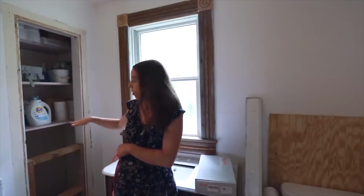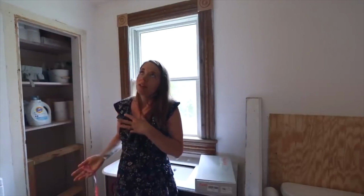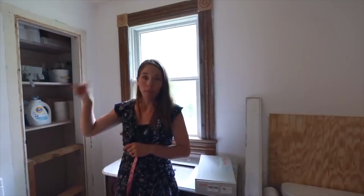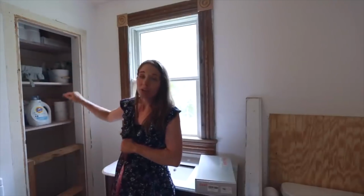Now we do have to sacrifice the bottom half of the closet, but it's in exchange for a bathtub down here, which is another thing. We are moving the whole house around. Luke and I are going to be having our bedroom in the living room. The living room is going to the dining room. That way we can acquire another kid's bedroom since we need a kid's bedroom more than we need a dining